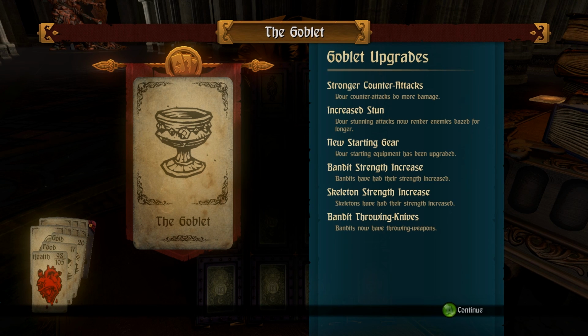Alright, so, now that I have beaten the Queen of Dust, the last of the first tier of enemies or bosses, I have unlocked the Goblet. So, the Goblet bestows upon me these features. Stronger counterattacks. Your counterattacks do more damage. Increased stun. My stunning attacks now render enemies dazed for longer periods of time. New starting gear. Your starting equipment has been upgraded, so now I should start with a shield and a better